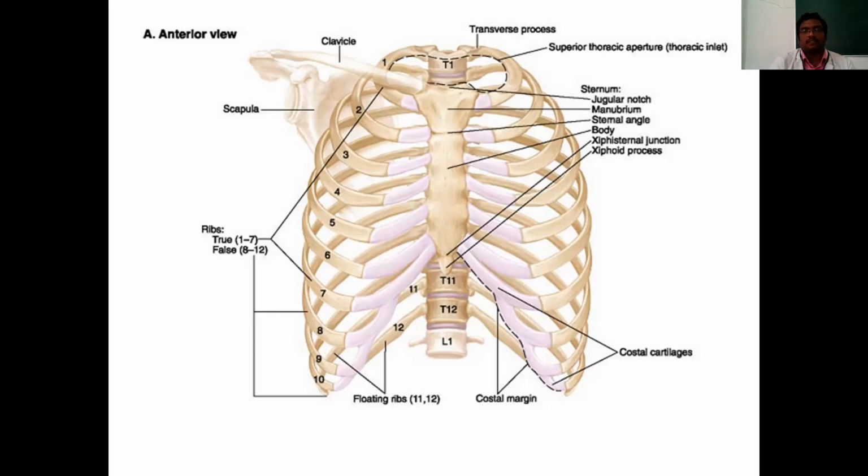So this costal cartilage allows some amount of movement. What type of movement? It helps in the respiratory movement, a slight amount of respiratory movement. This movement is possible because of the presence of the costal cartilage. If it were a bony part, the ribs could not move because they would be ossified with one another. Because of this reason, the anterior aspect is presented with the cartilage, and posteriorly it is connected with the vertebra. In this way it is articulated with one another.